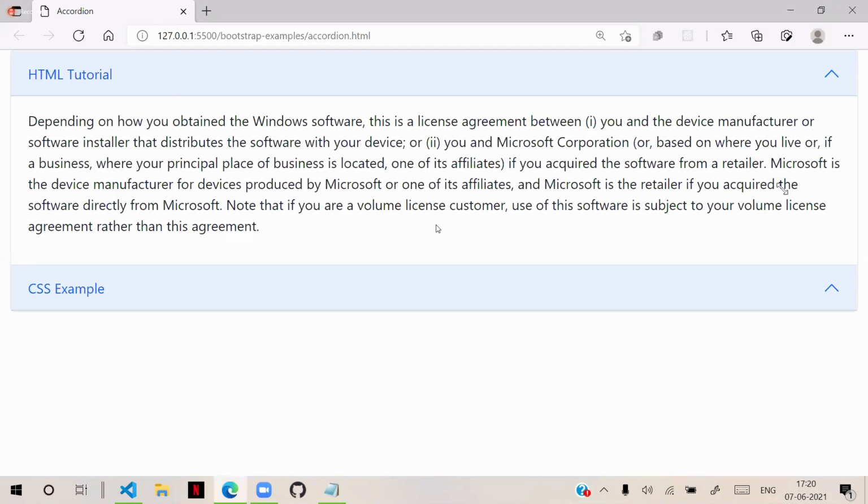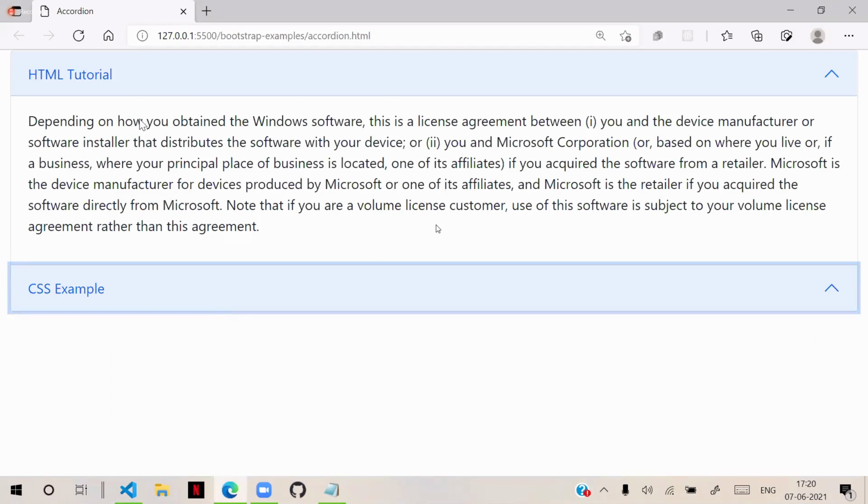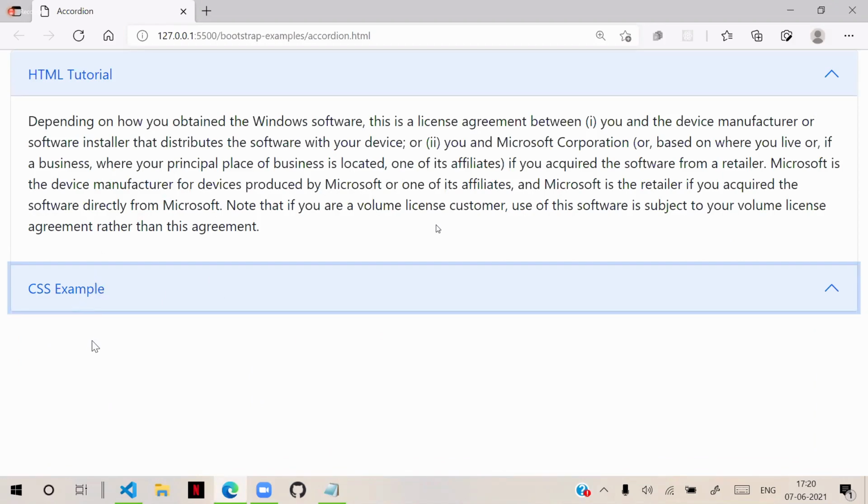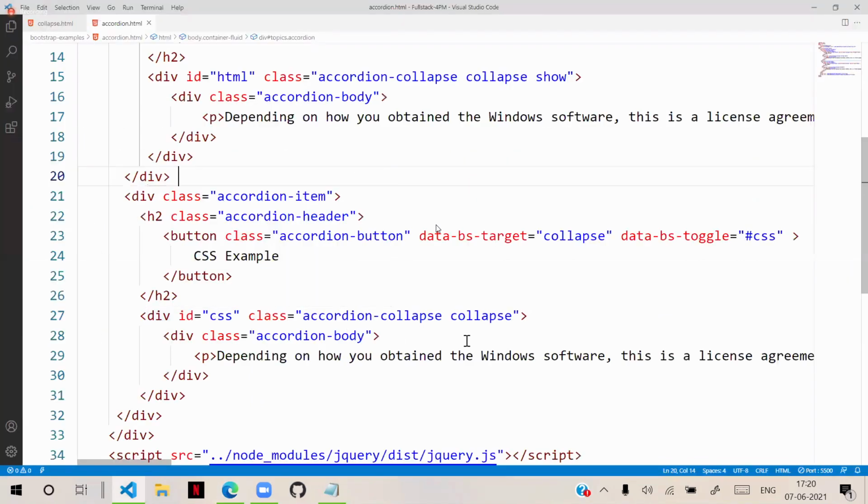Now, actually what happens when I click on one, another one will be hidden and it will expand. All can display show, that means you can add show. But generally, they need to toggle now. So for the accordion to work, let's see how they can work.